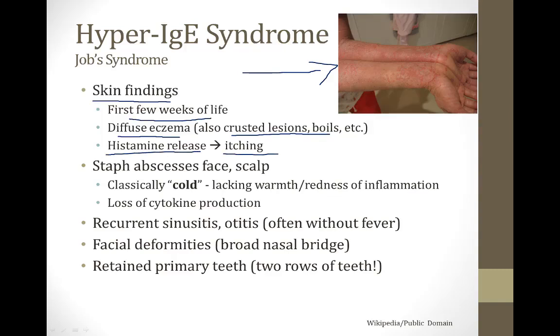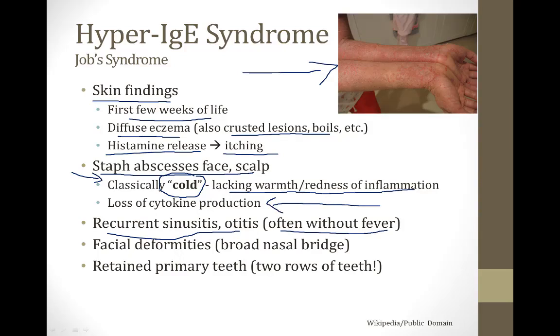Another classic finding of this condition are staph abscesses on the face and scalp that are cold. Normally abscesses are warm because they have neutrophils and other inflammatory markers inside the abscess. That is not the case here. These children have immune dysfunction, so their abscesses lack warmth and redness of inflammation. If you hear discussion of a cold abscess, that's a classic finding for hyper IgE syndrome. Other problems include recurrent sinusitis and otitis, sometimes without fever, again, because they have defective T cell help and defective